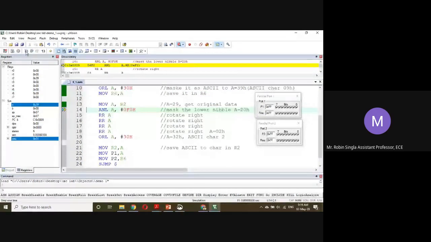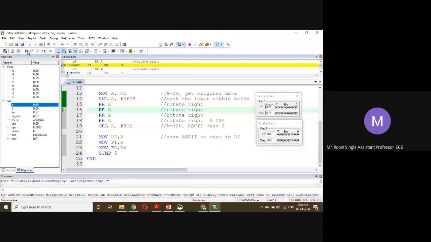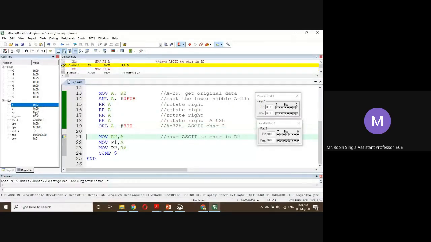Now again we have moved our original number from R2 to A, 29. Now A is 29. After AND logic with F0, A is 20. After one rotation, A is 10. After the second rotation, A is 08. Now 4. Now 2. Now A is 02. Again we will do OR logic with 30. A is 32.